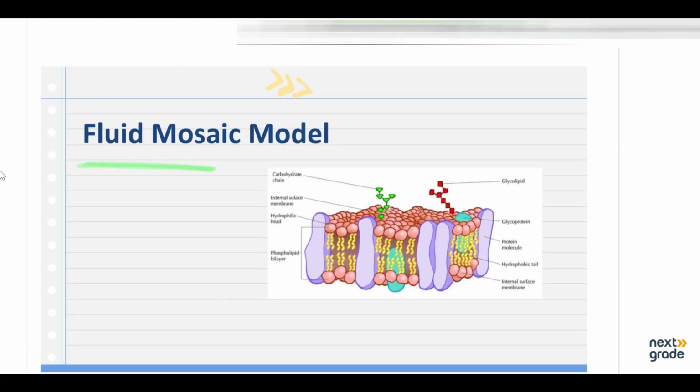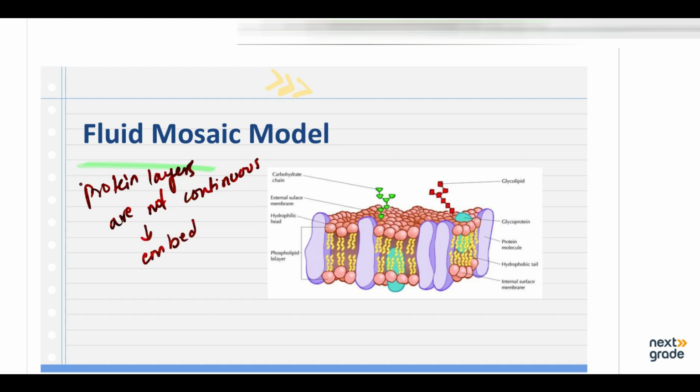So let's have a quick look over the fluid mosaic model. According to that model, it is, however, the most acceptable model at present. According to this model, the protein layers are not continuous and they are not confined to the surface of the membrane, but they are embedded in lipid layers in a mosaic manner, and this gave rise to the proposal of the fluid mosaic model, which is the most